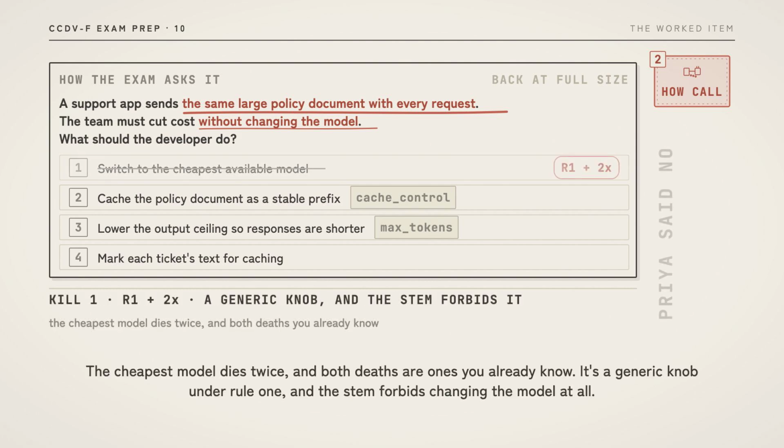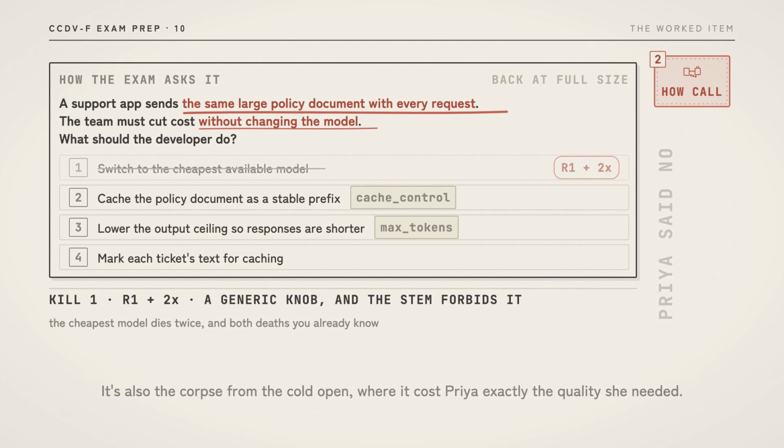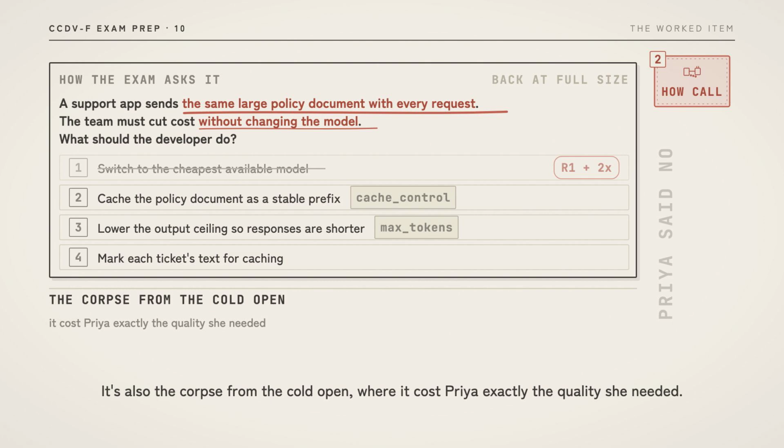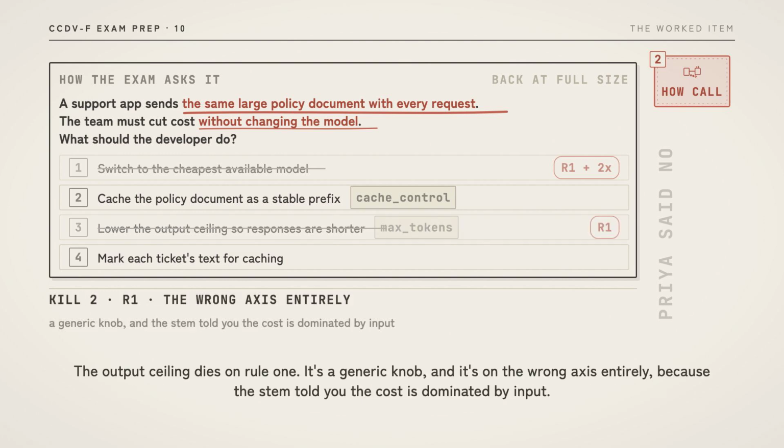The cheapest model dies twice and both deaths are ones you already know. It's a generic knob under rule 1 and the stem forbids changing the model at all. It's also the corpse from the cold open, where it cost Priya exactly the quality she needed. The output ceiling dies on rule 1. It's a generic knob and it's on the wrong axis entirely because the stem told you the cost is dominated by input.